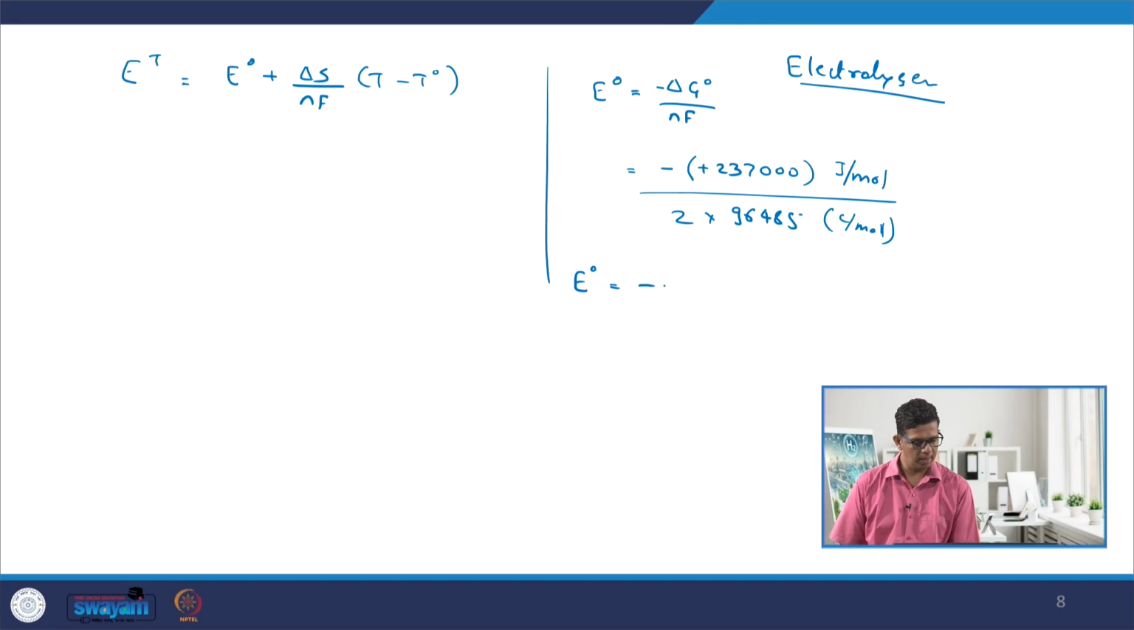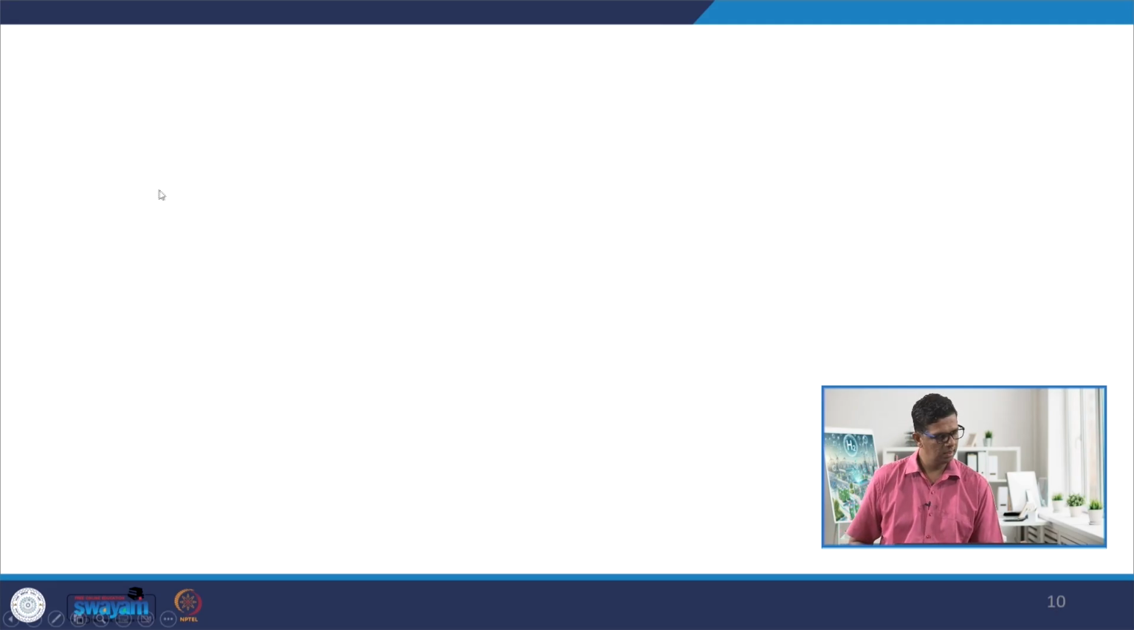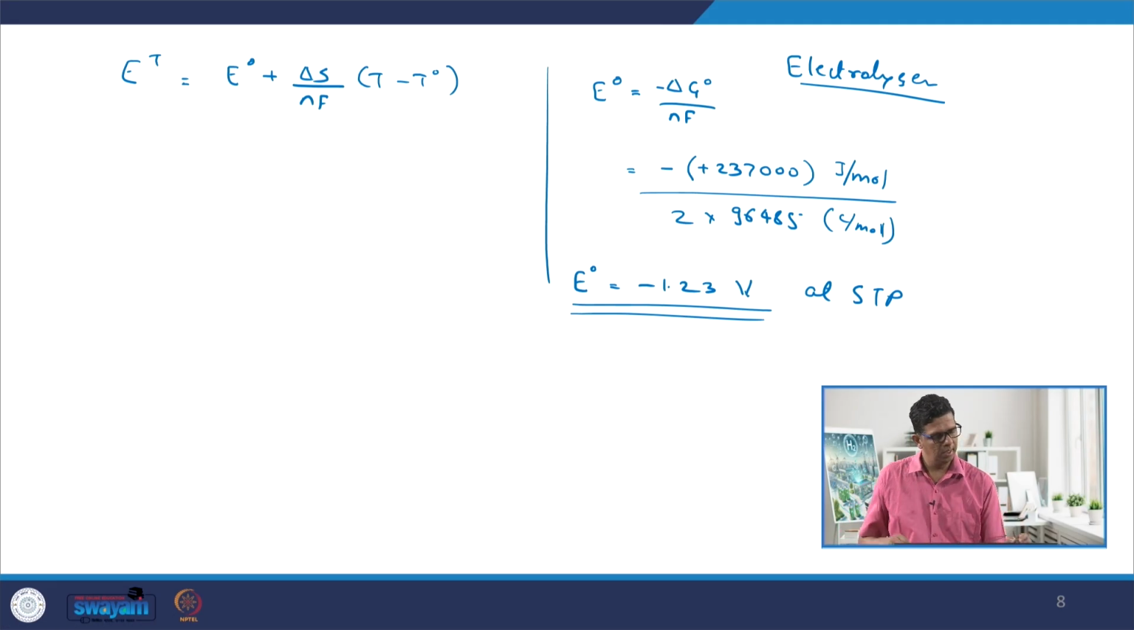So, E naught comes minus 1.23 volt. This is at STP. So, as you can see, we have taken E naught. So, delta G naught, which means this is at the STP. So, if we substitute this E naught here, it is minus 1.23 plus entropy is plus 167.604,